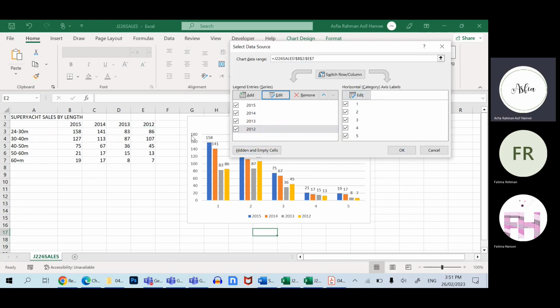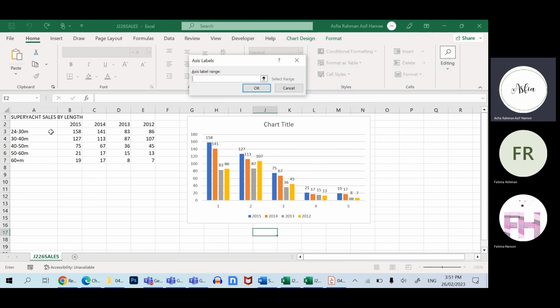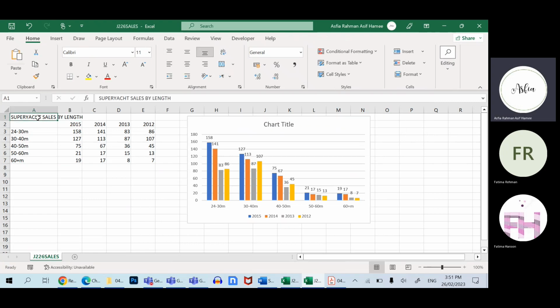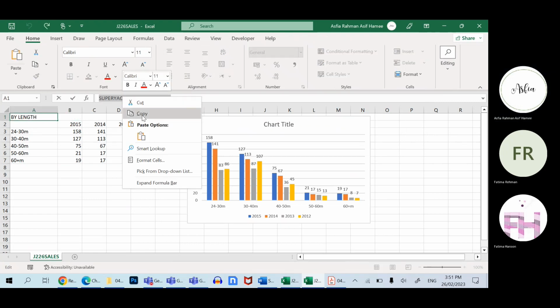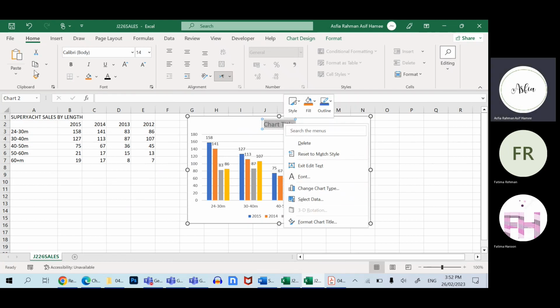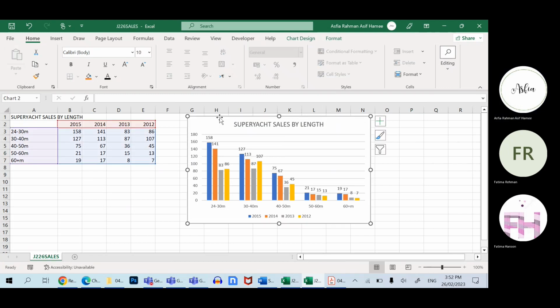And this horizontal category, these 1 2 3 4, where do we have to bring it from? Edit, and then select the label range. You don't need to do this 1 by 1, you will need to select the range like this. Okay, look, it has already changed. Okay, now select the chart title, copy, paste. It's better to change the text because by default it is dark gray, so change it to black because in